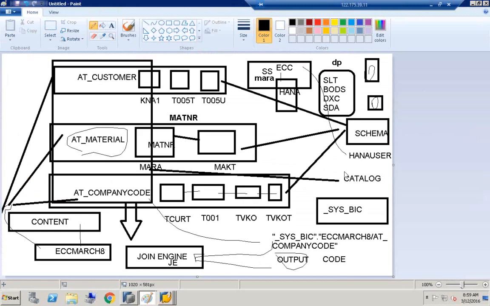I'll install HANA database into their hardware as a platform as a service. On top of platform as a service, I install the software. That is software as a service. So first we need to have hardware as a service. Next, once we get hardware, then we install database. Database comes under platform as a service. Once we have database, on top of database, we have application running. And that application is software as a service. Hardware, on hardware we have platform, on platform we have software. So all together